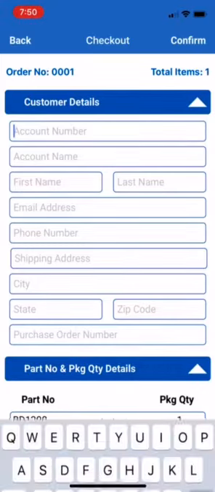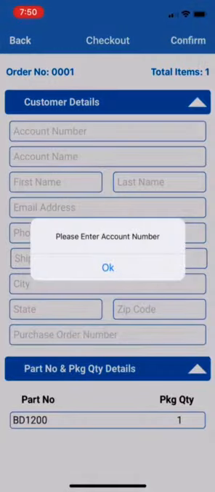So once we have that, we're going to go confirm, which I don't have an account number to use right now. And it's going to give us two options. It's going to say submit order or request an order. If you're submitting an order, you probably want to add a purchase order just so that it gets processed right away. If you're requesting a quote, that's going to give you a quotation back via email, and in which case